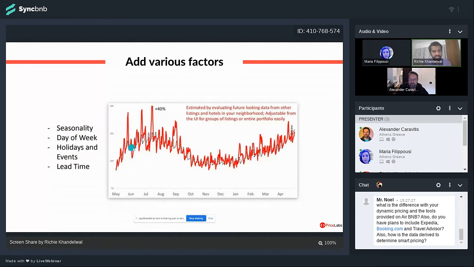Some days it's going lower, some days it's going very high. And the idea is, when there is higher demand, you're able to capture that and charge more money. When there's lower demand, you're hopefully able to reduce your prices so that you can actually capture that booking, right? And all of that becomes automated so that you don't have to manually go in and monitor every day what's happening.